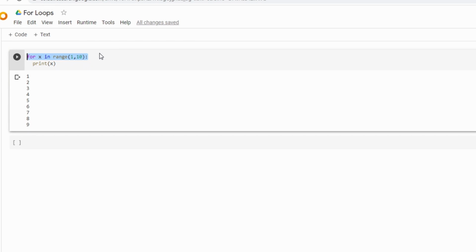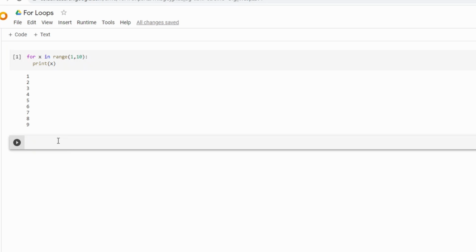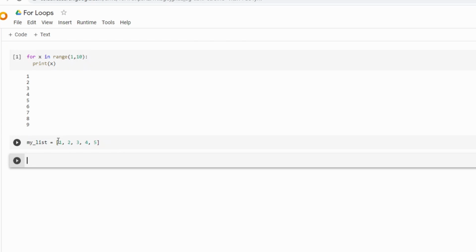So we understood what this means, and we understand what print x means. Now we actually can play around with these for loops a little bit. So let's create a list saying my underscore list, and we're gonna say that is equal to, let's say 1, 2, 3, 4, 5. Now let's go ahead and run that,